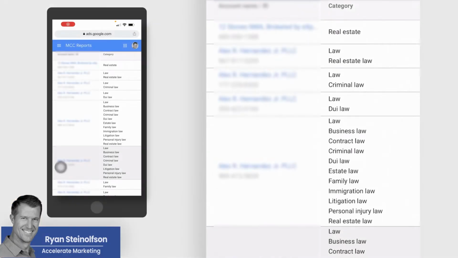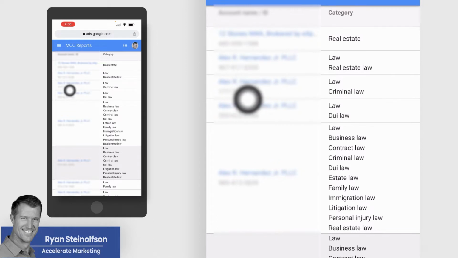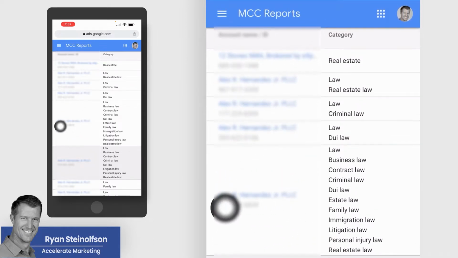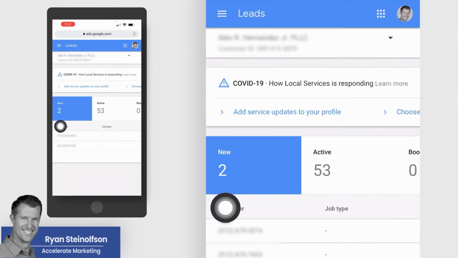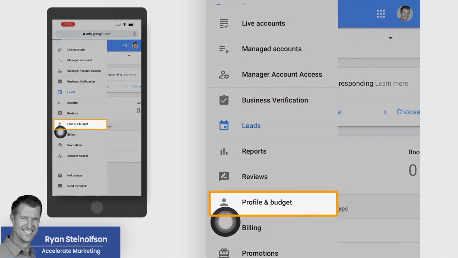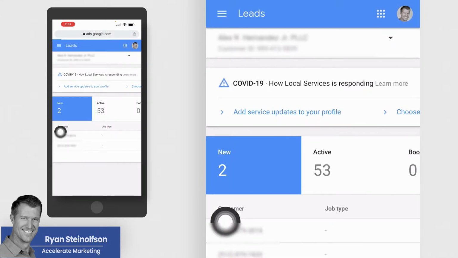Okay, I'm in the MCC account, or the master client account, that we manage and maintain for all of our clients. So we've got multiple different clients here with their CID numbers listed below. And I'm just going to go into one of these accounts, this one right here, so that you can actually see what we do in the profile and budget section in order to identify a service area, which you guys can do as well. This is not rocket science, but I want you to understand why we actually set up